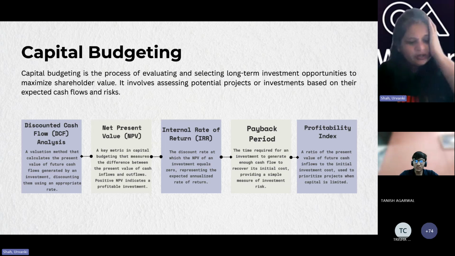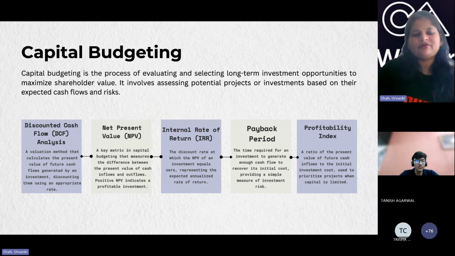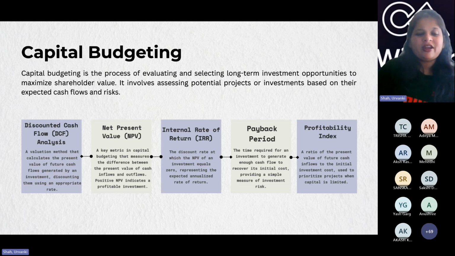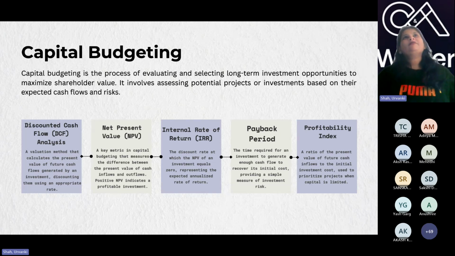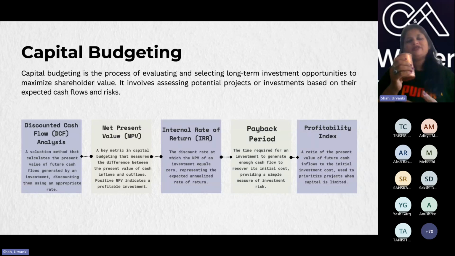However, if you discount that cash flow to the current price using the net present value, using the current inflation index, current interest, and the value that you derive, that 1,500 might be 900 as of today's value, or it can be 1,100 based on the market rates and inflationary trends, right? There is a formula to define the discounting of your cash flow. That gives you an apples-to-apples comparison on how a particular business can take a decision whether they need a cash flow today or, say, after a week.